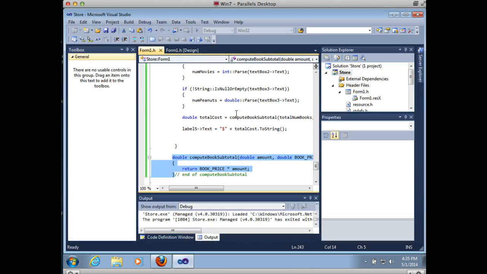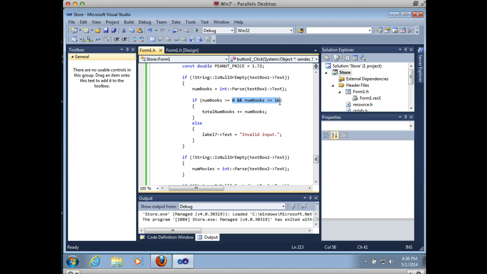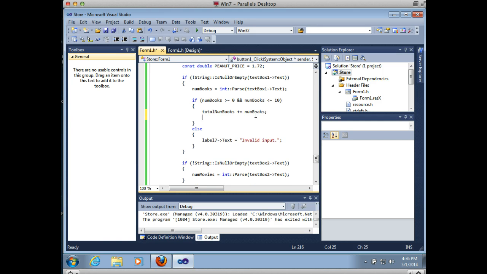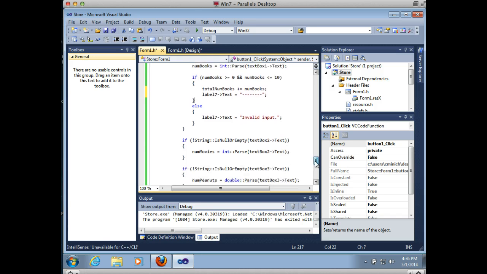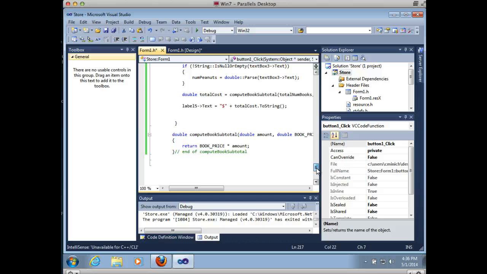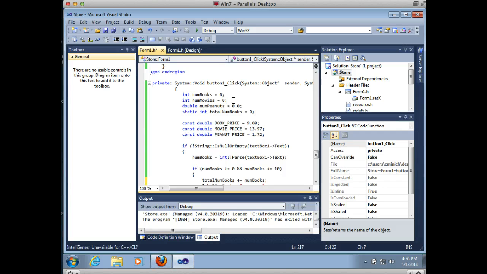I don't like that. So anytime that you are successful and you type in a correct number of books between 0 and 10, maybe at that moment you want to clear out that label 7 by typing in the empty string, 2 quotes next to each other, so it clears that out, or let's put the hyphens back in so that it's consistent. Okay, you can scroll through and examine this code. And now it's just a matter of you adding comments, doing things with movies and peanuts that I just did